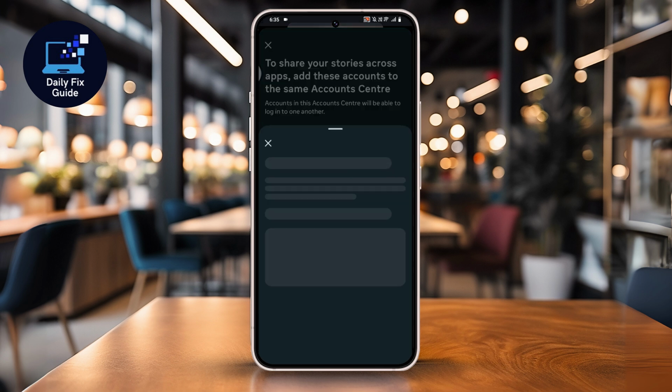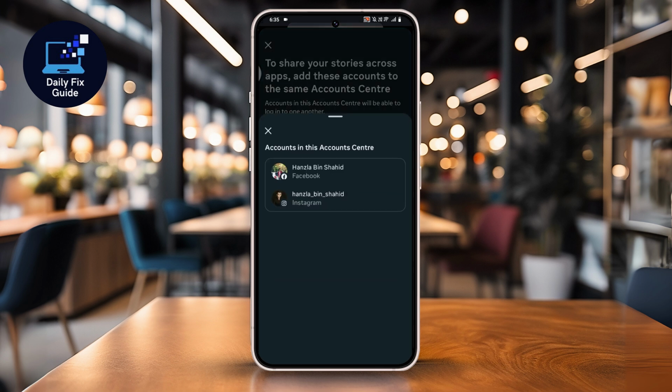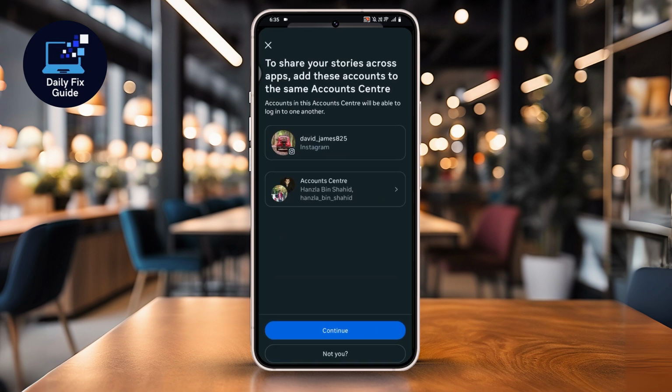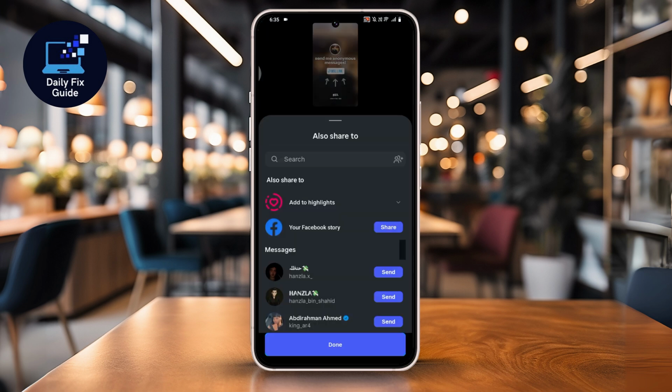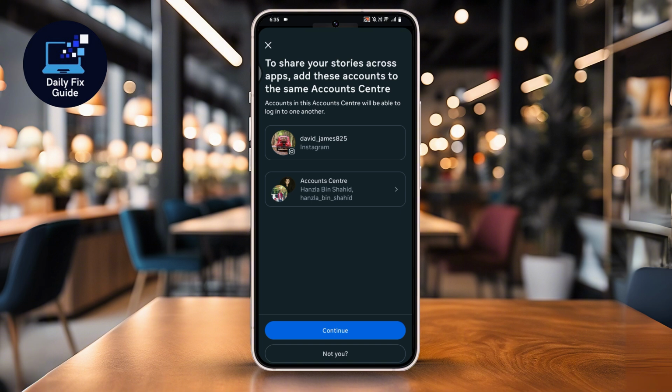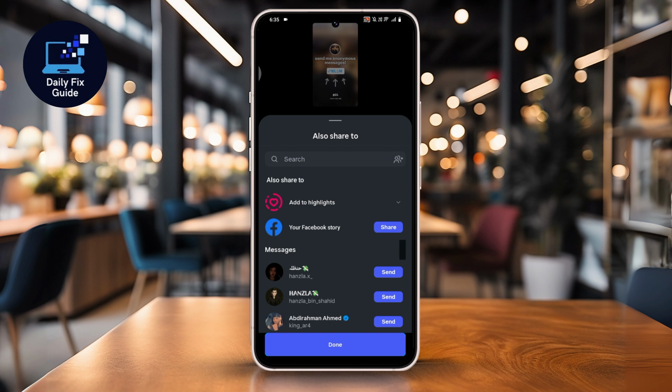Tap on Account Center and select your Facebook account. Then, tap on Continue. Now, go back and tap on Share. Finally, tap on Share to your Facebook story. Now, your NGL link will be visible on both your Instagram and Facebook stories, allowing your friends and followers to